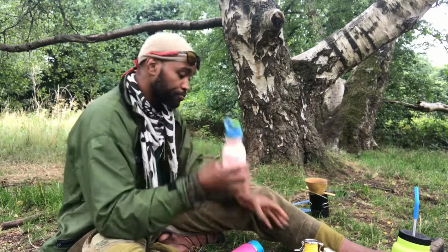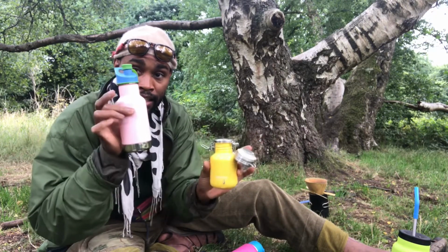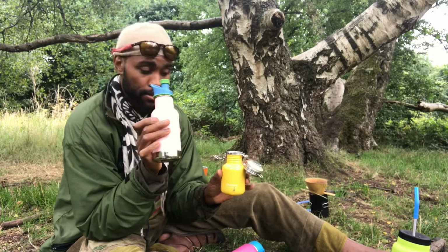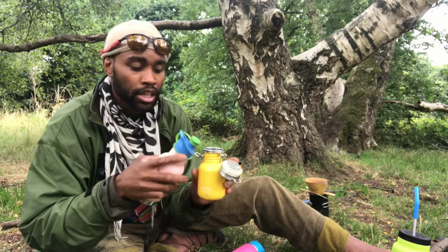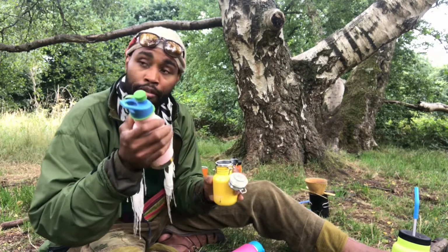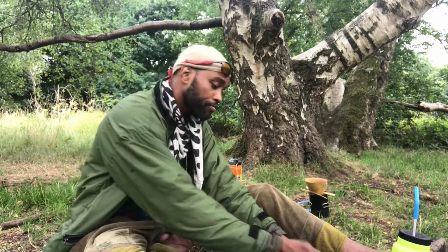Okay, so look, these are the same sizes, okay? Uninsulated, insulated. 355 millilitres, okay? Again, sports cap. Sports cap can be used on any of the standard mouth bottles, whether you're using a HydroFlask or a Klean Kanteen. And